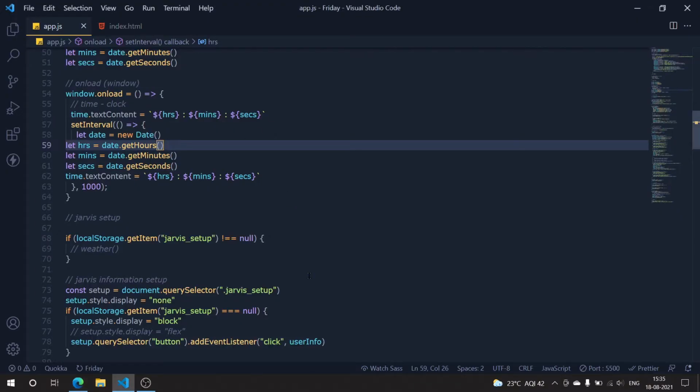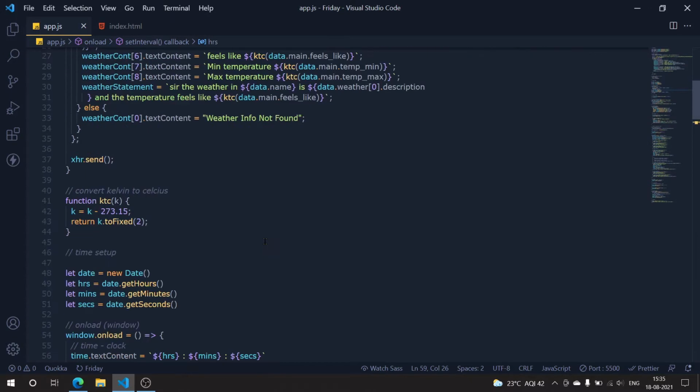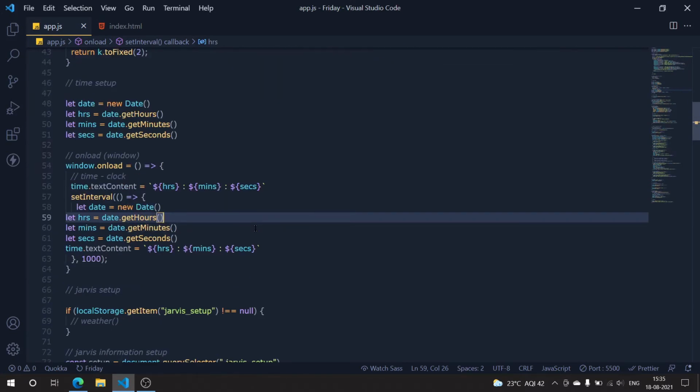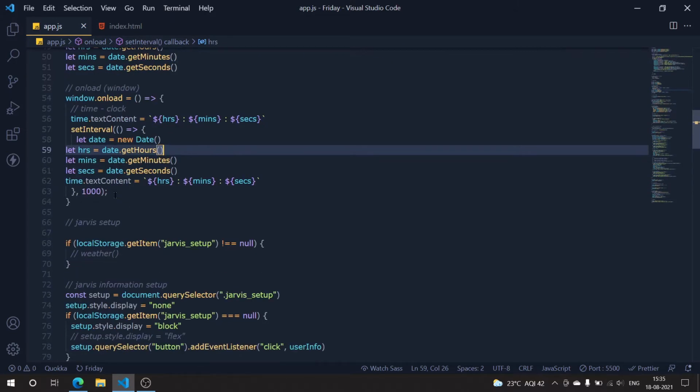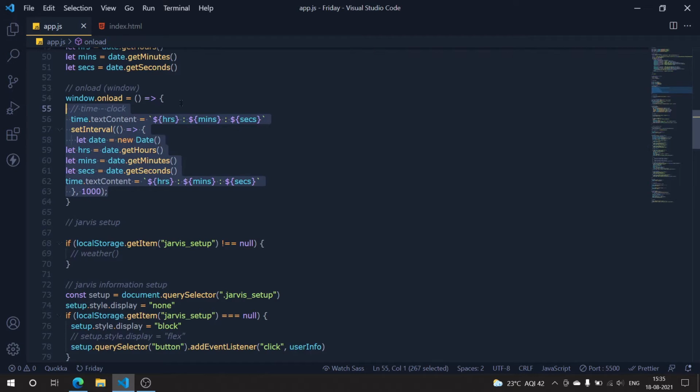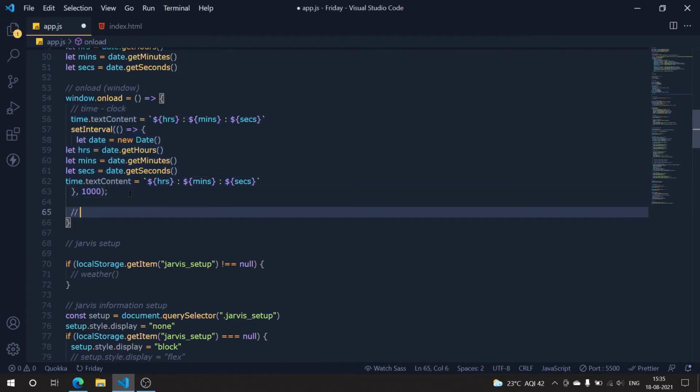And now we will do another setup. What is it? Let's now set up for the battery. Okay guys, so now let's do for battery and then we will see for some other stuff. Okay, fine. So first of all I will go somewhere to create a comment, and let's just simply add that complete code within this window.onload. Okay, let me create some space, and here I will write battery setup,